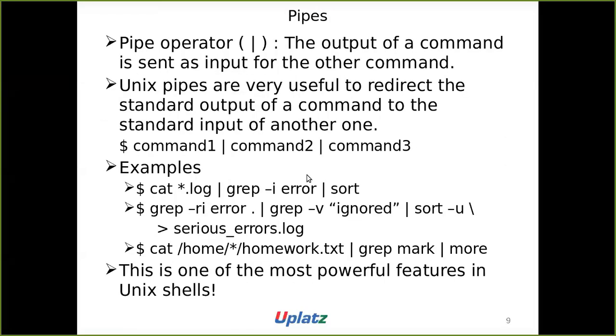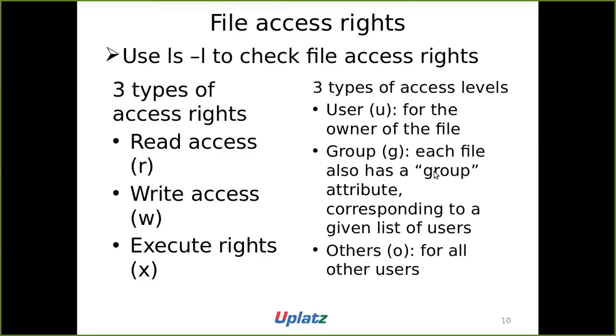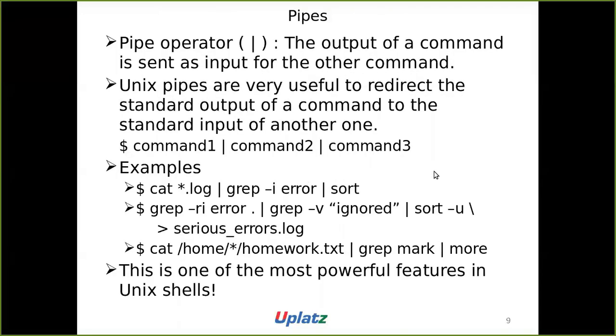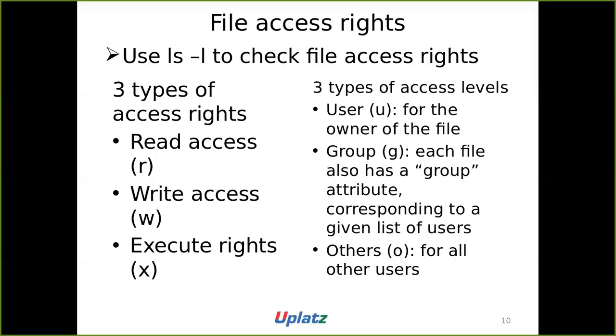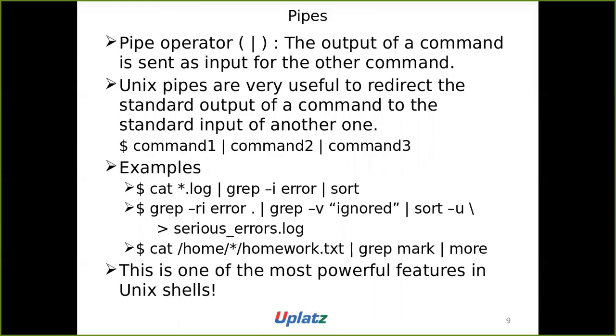Pipe, you know that the output will be input to the other command. You can explore more on that. Grep we have given here in this sample, but grep is pattern search and we'll see it in the next videos. Minus u is for unique, that we'll see in the next videos as well. To be precise, it is in the next chapter, we'll see that in grep. Then file access rights we'll see in the next session.